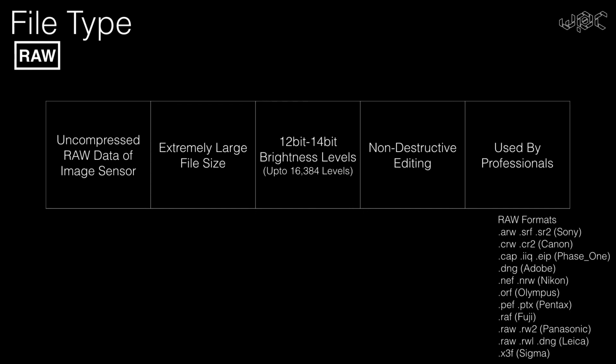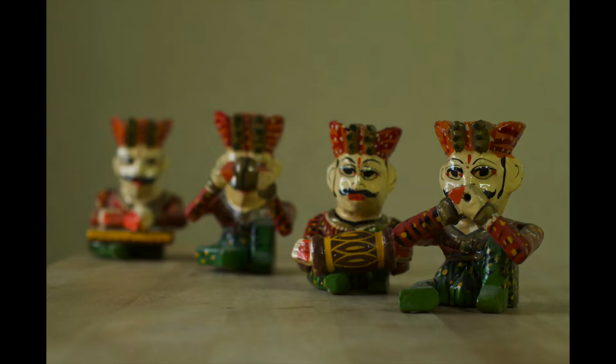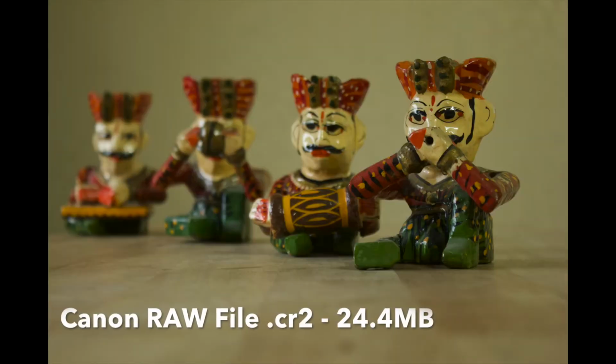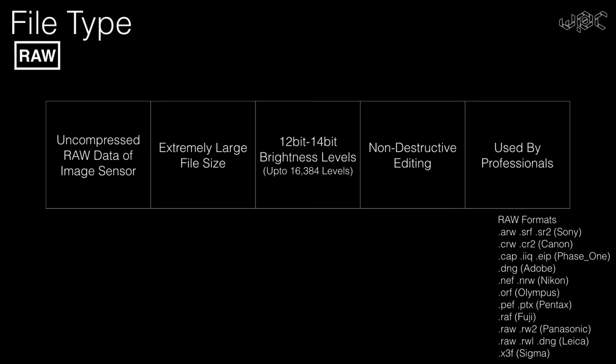A RAW file, depending on the format, records up to 16,384 levels of brightness, which means each pixel is illuminated to exactly the amount it was in the original scene. When you edit a RAW file, you are actually giving instructions to the editing tool like Photoshop or Lightroom on how to create the JPEG from it. That's why whatever changes you do to a RAW file are totally reversible and your file always has the original information. Since RAW has so many benefits, during post-processing it is preferred by all professional photographers.